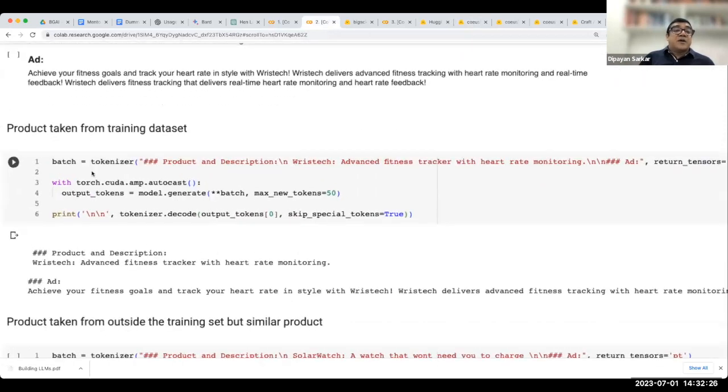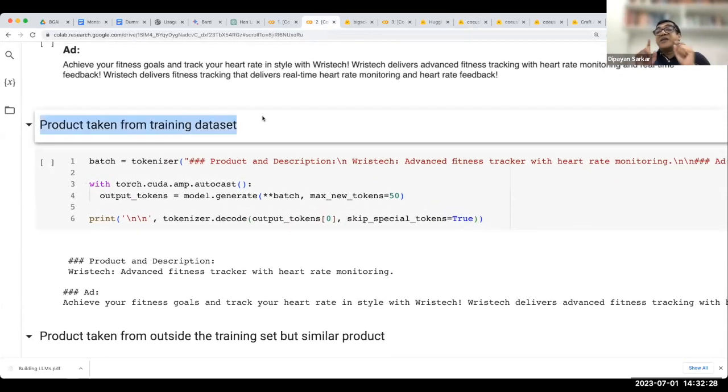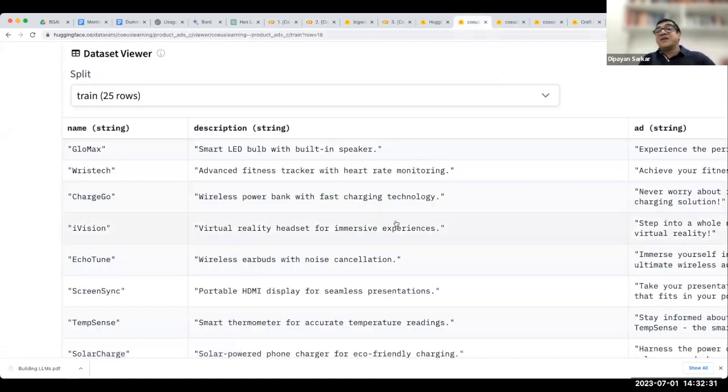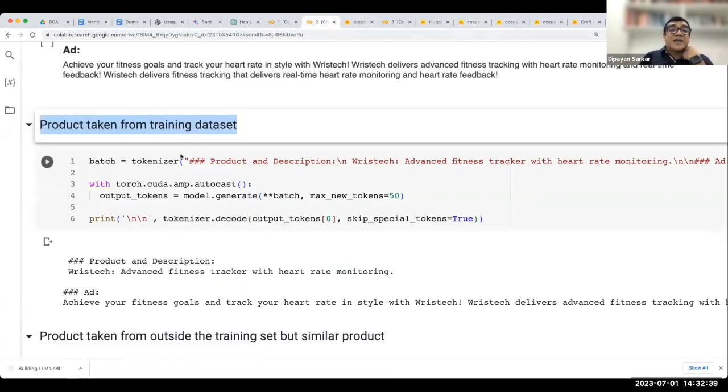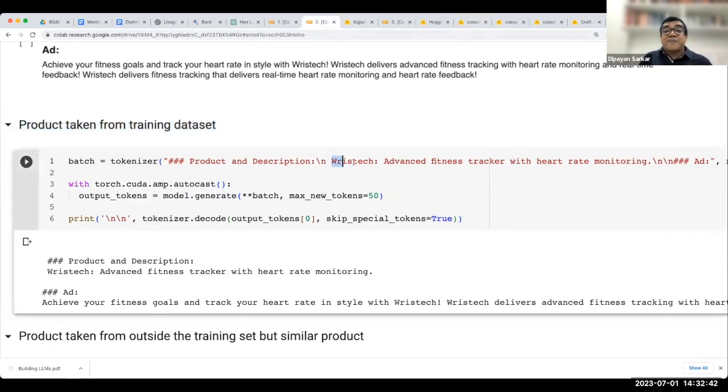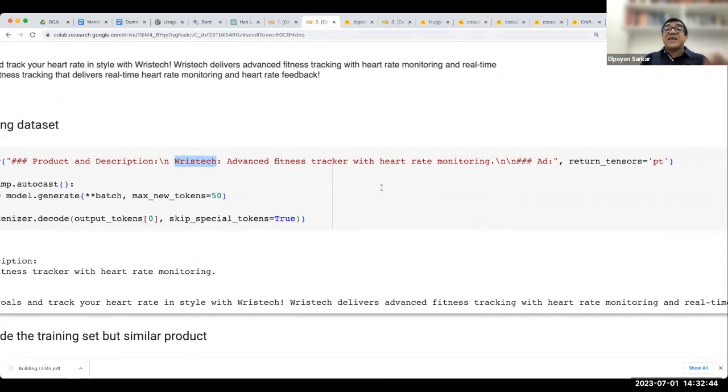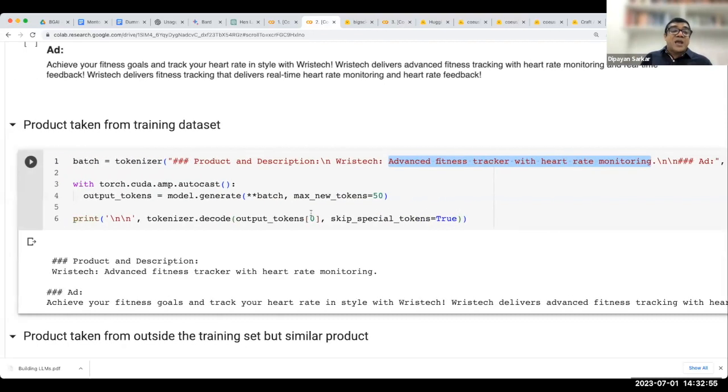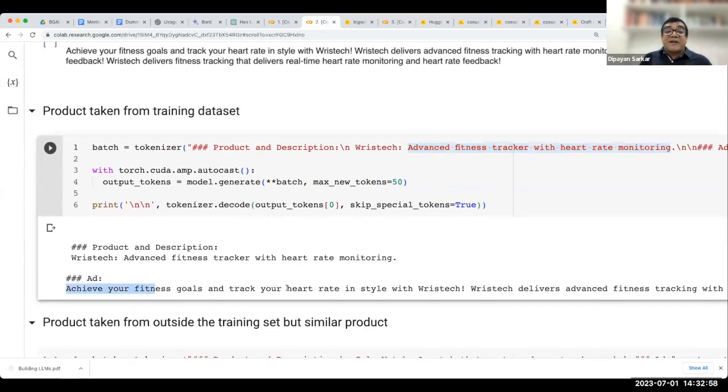this particular thing, I'm saying product taken from the training data set, meaning this is my training data set. Yeah, Bloom 7B1 did not know about these products earlier. So I have taken and I said, okay, can I take some product, which is existing, and I'm giving a description for the product, and this particular product and the description is already existing in my training data, and I am saying, can you create an ad for me? Obviously, it will create because I am taking a product and a description from the data set. But